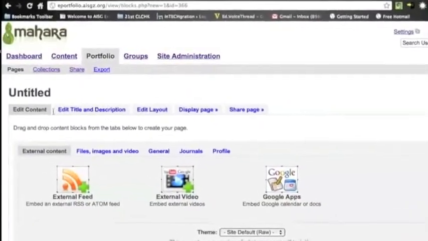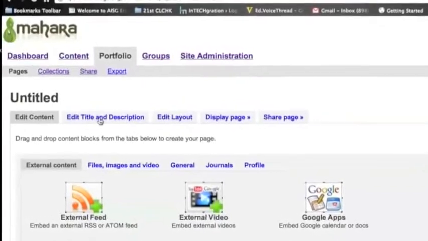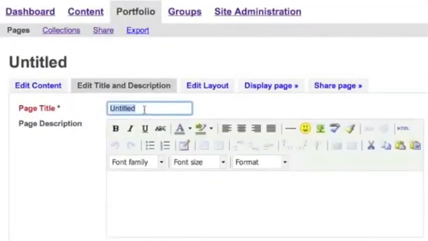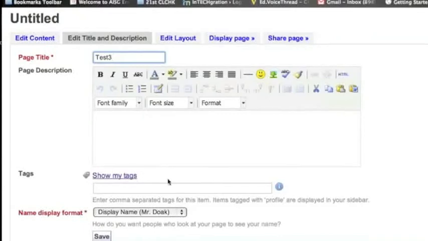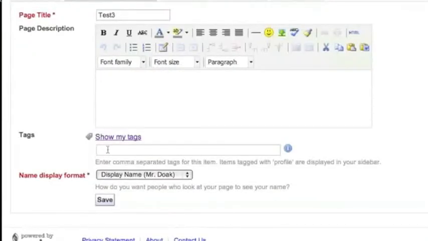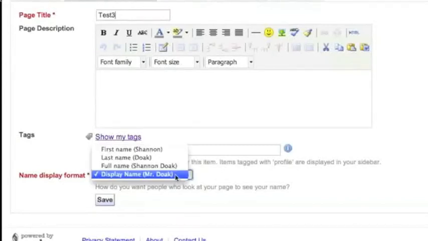You will give it a title by clicking edit title and description. I'm going to call this one test 3 since I've got a bunch, and then I'm going to give it a page description here if I want. If you don't want to, you don't have to. It's useful but not necessary. If you want to tag it so people can search for the tags that you've used, you could do that, and also the display name, which would be whatever you choose. If you want Mr. Doak or your full name, and so forth, and then click save,